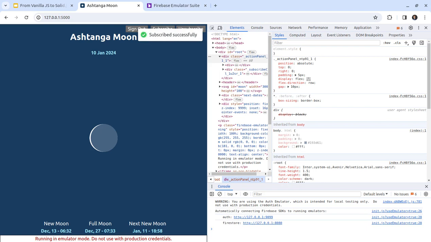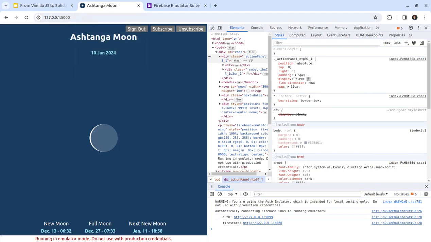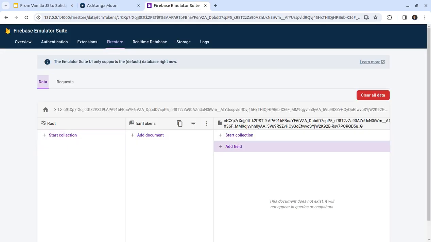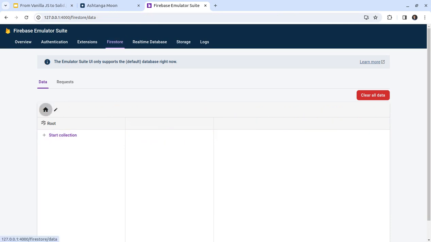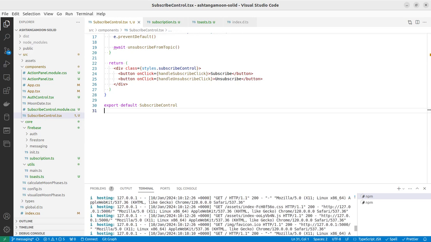Subscribed successfully. Good. Let's take a look at what we have. You see the token is created, which is expected, which is good. Let me try to unsubscribe. Unsubscribe successfully. And you see that, let me reload the page, the collection disappeared together with the document, which is what I wanted to achieve for this particular part,